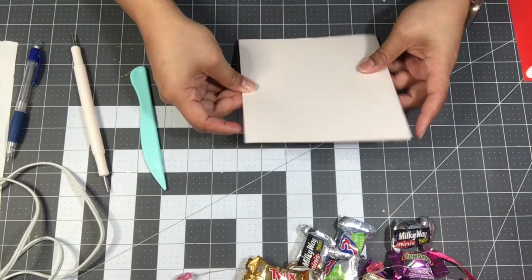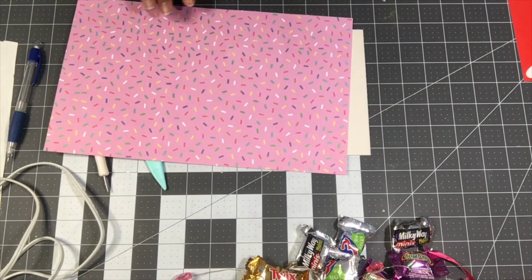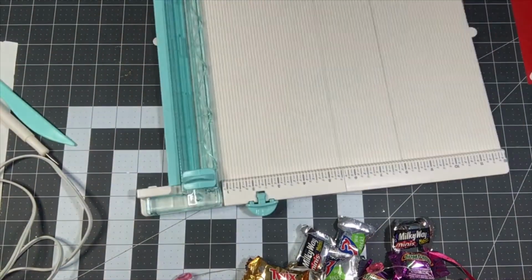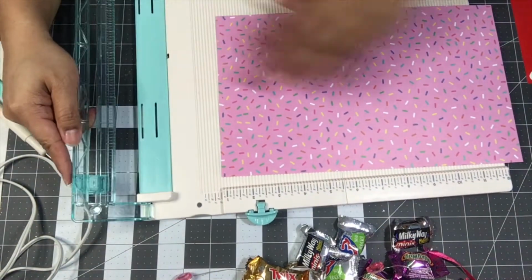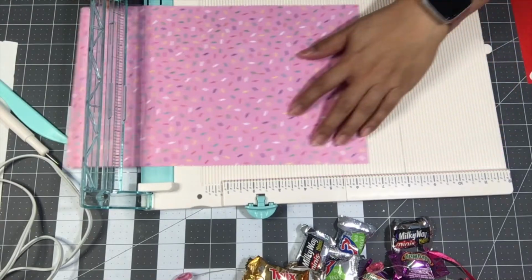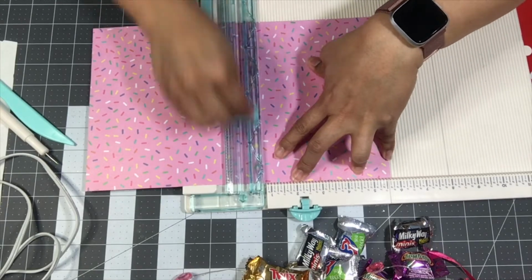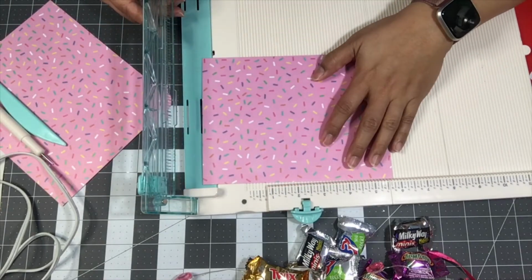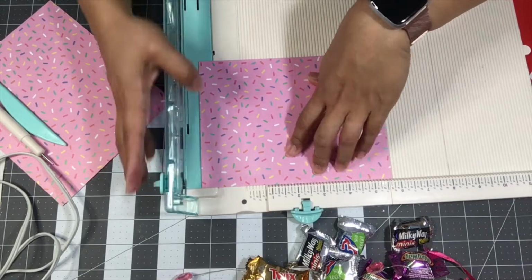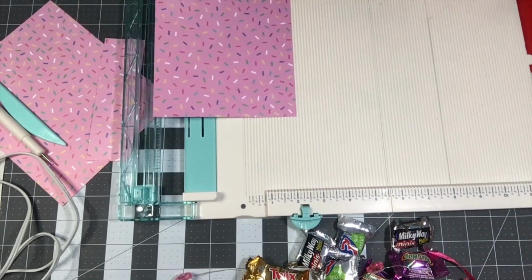Alright, so now we have our 6 by 6. And I want to use some of the paper that I've been using. So we need a mat. So I'm going to trim this down. And let's see. This is 12, so let's trim it to 5 3/4. Okay. And 5 3/4. Alright, now we have a...